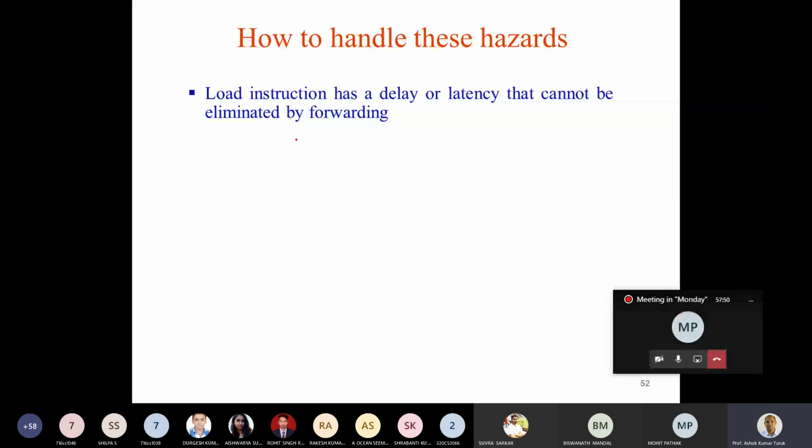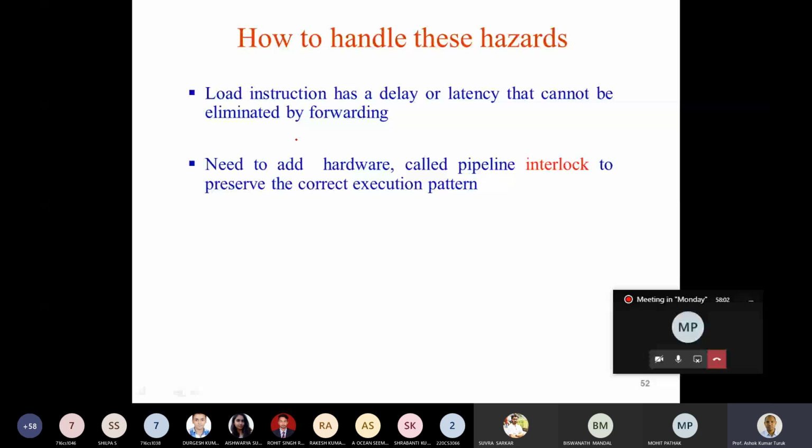Since it's not possible to eliminate it by forwarding, you need to add hardware, and this hardware is called the pipeline interlock. This hardware will preserve the correct execution